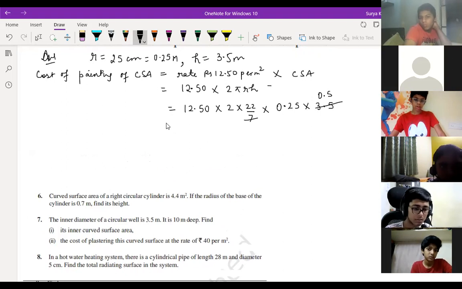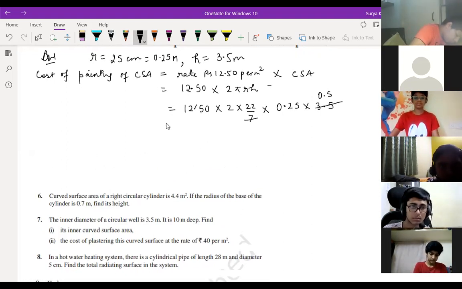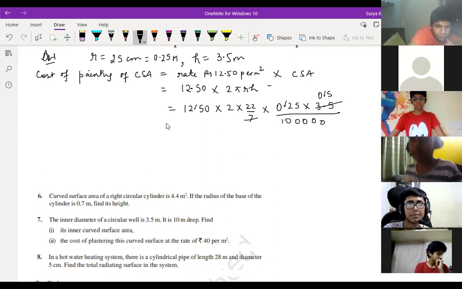So what you do, children? Here how many points are there? Just see here. This point you remove, this point you remove, this point you remove. How many digits are there after the point? 2, 2, 4, 1, 5. You can divide here by 1 followed by 5 zeros. You can divide here also. Is it clear what I've done?